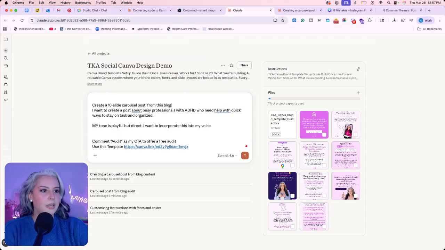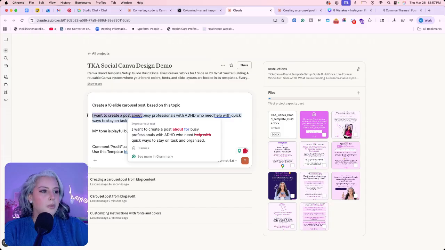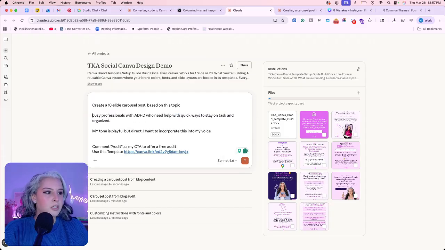So I'm going to say create a 10 slide carousel post based on this topic. I want to create, I'm going to say, busy professionals with ADHD who need quick ways to stay on task and organized. My tone is playful but direct. I want to incorporate this into my voice. Comment audit. I would just say comment